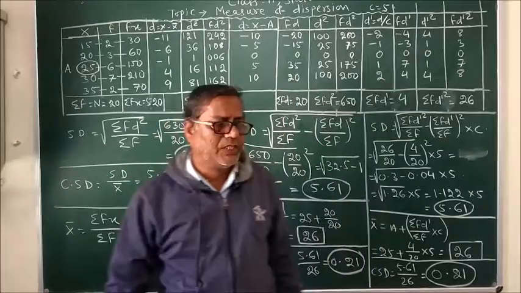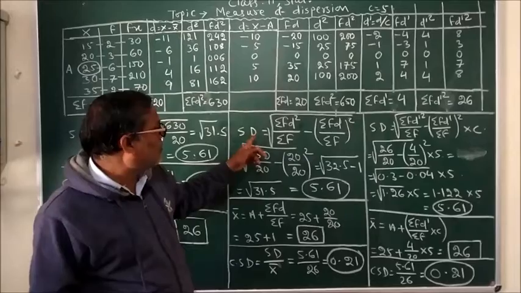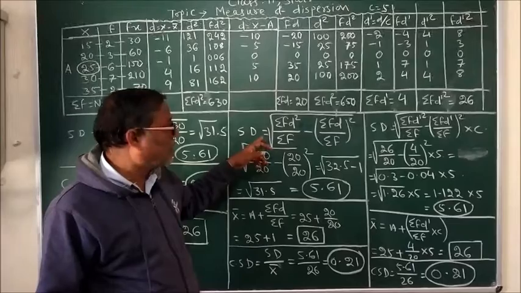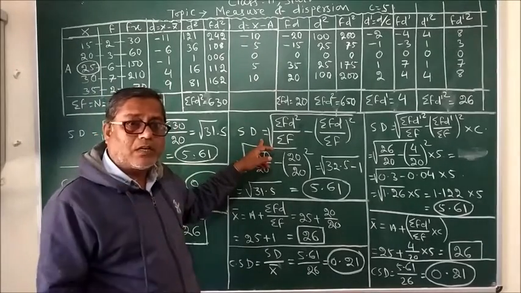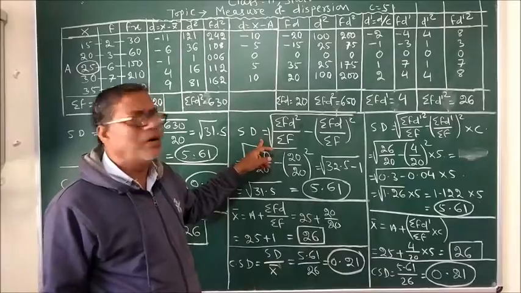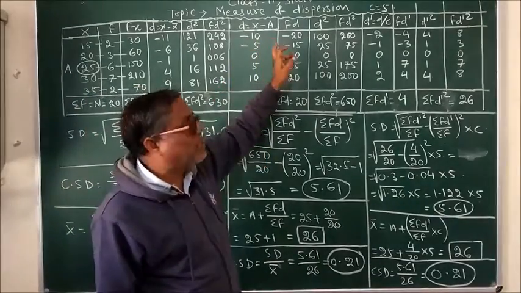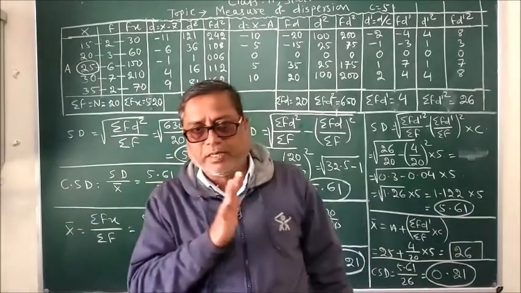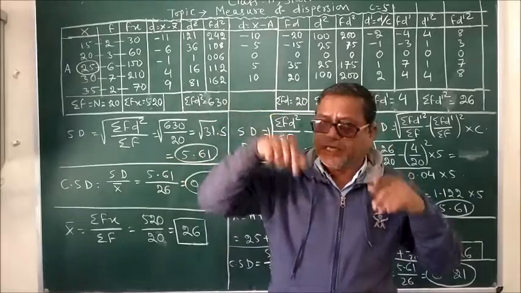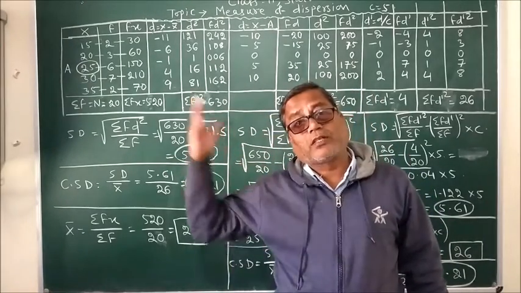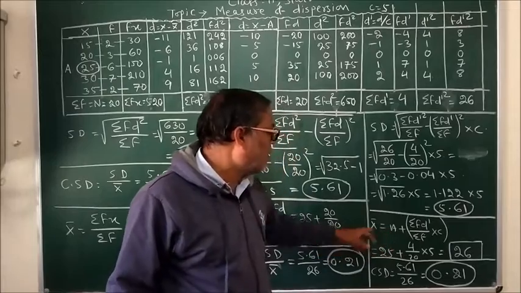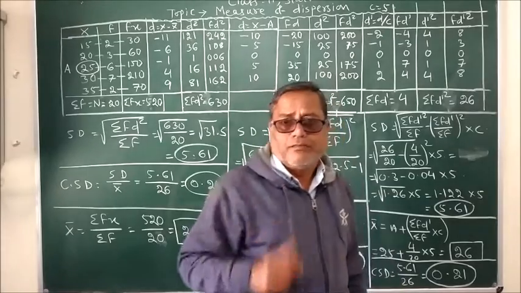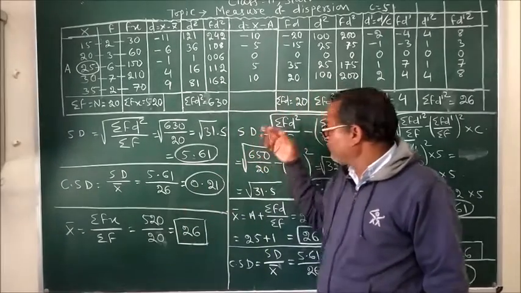Remaining is very easy. Now come to calculation of standard deviation by using shortcut method. And you know, in shortcut method we don't take the actual mean, but we take the assumed mean, and from that we find the deviations of values from the assumed mean and not from the actual mean. But while calculating its coefficient, we have to take the actual mean. That's why in all the cases we have calculated the value of the actual mean by using the appropriate formula. So come to the second method, that is shortcut method.